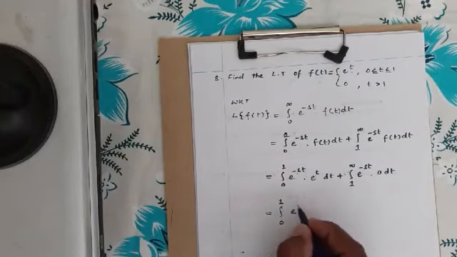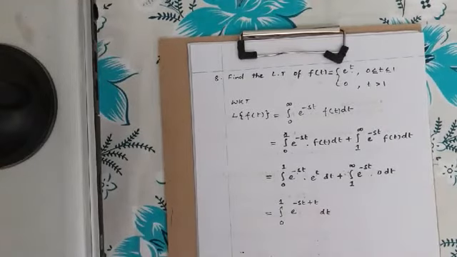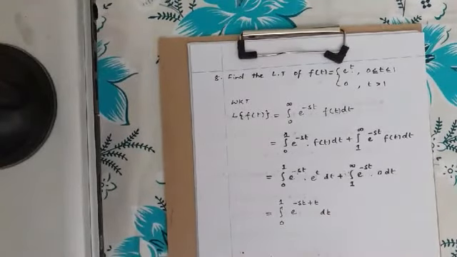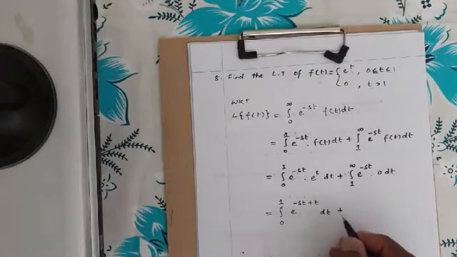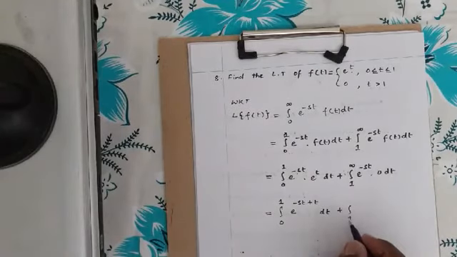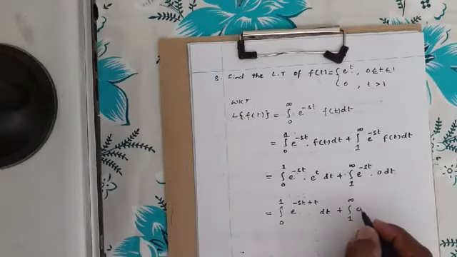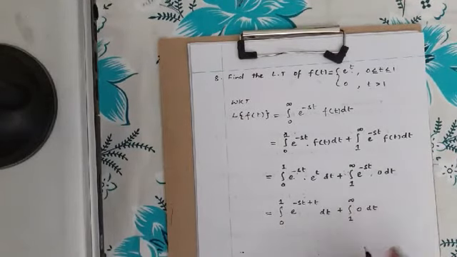If you add that, that becomes minus st plus t, and then you can write dt here. So after writing that, plus integral 1 to infinity, e power minus st into 0 is nothing but 0 dt. So you have to leave this function now. If you leave that function,